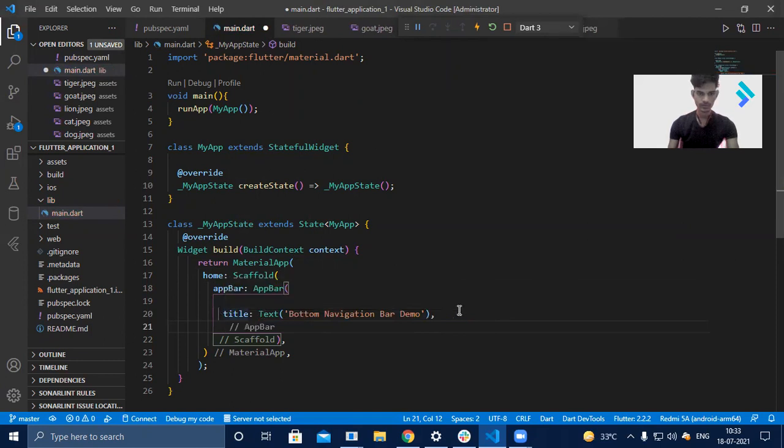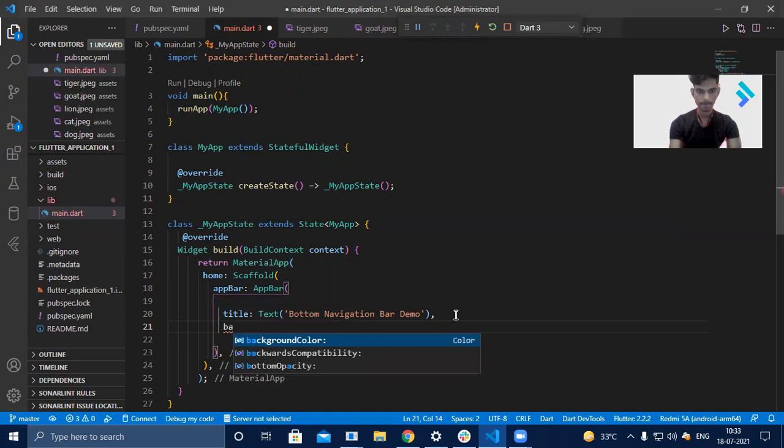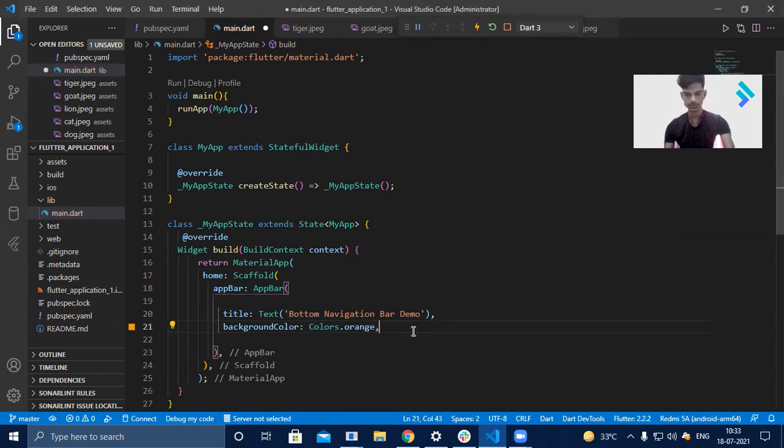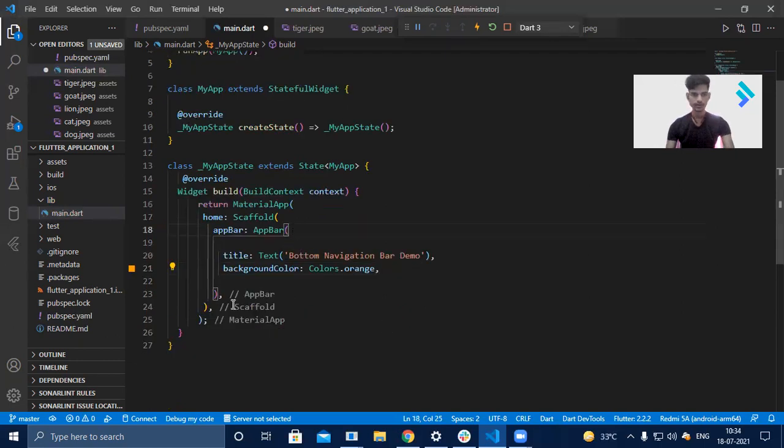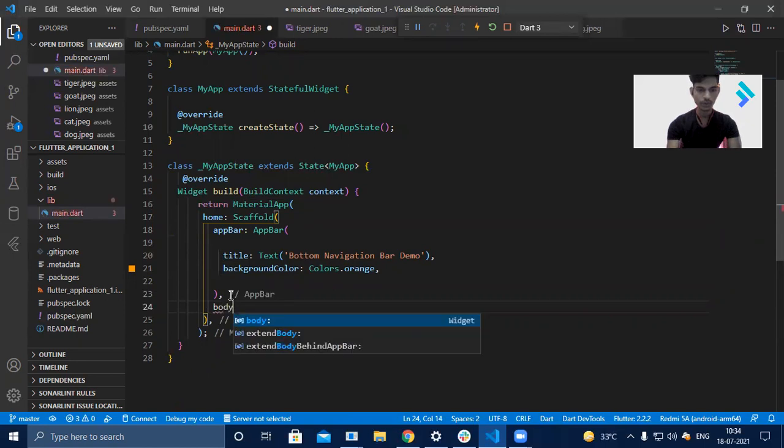Okay, what is showing? You can see there is a property called background color. You can change the navigation bar background colors. So I'm going to give it as orange. So after this app bar, you can include a body like this. I'm going to take it as a container. And after these bodies,